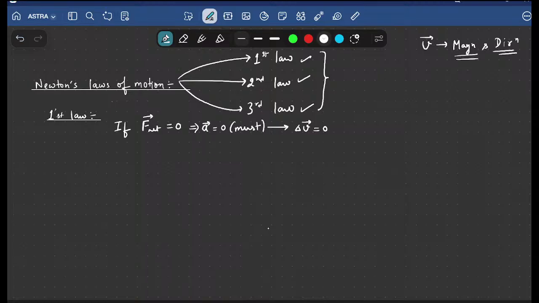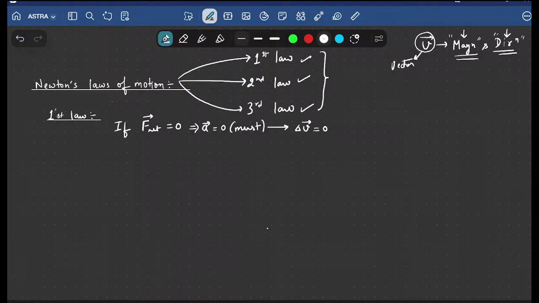Okay. So what I am saying, I'm going to repeat it again. Velocity is a vector quantity. What is a vector quantity? Which consists of both magnitude as well as direction. Now understand carefully. I'm repeating: velocity is a vector quantity which consists of both magnitude and direction, and even if the magnitude changes, even if direction only changes or both change, in all these three cases, the velocity vector changes, right?